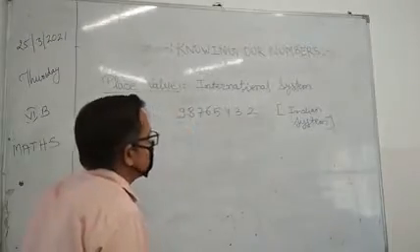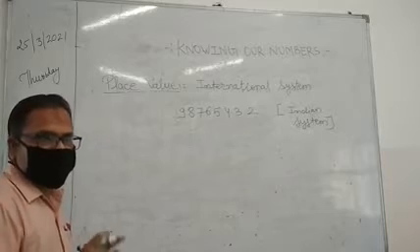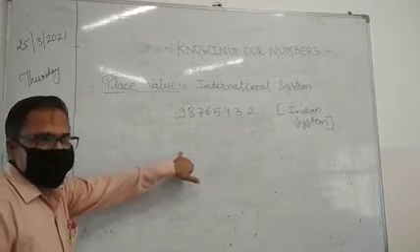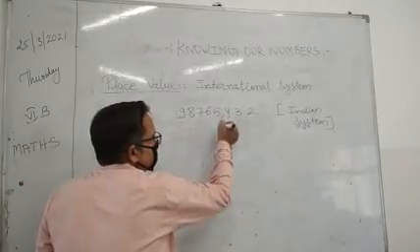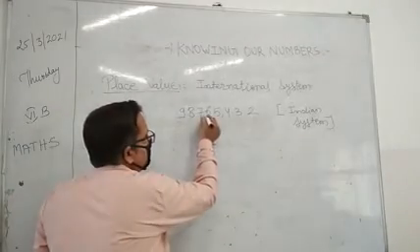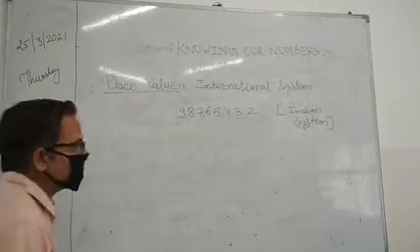Okay. Now first of all we need to put the commas. आपको क्या करना है? Commas insert करने हैं Indian system में. Indian system में commas कैसे put करते हैं? After the first 3 digits we put a comma. Then after 2 digits we will put a comma, and we will put them like this.